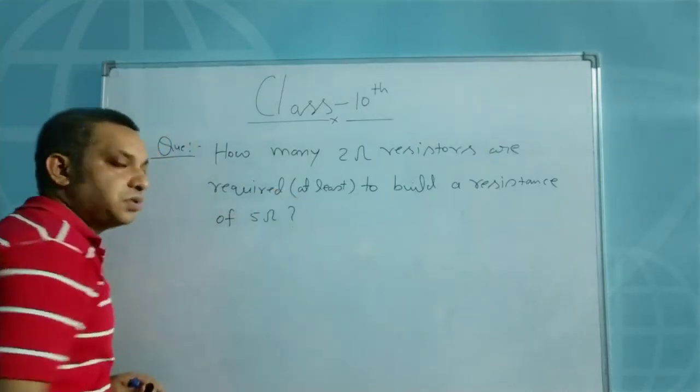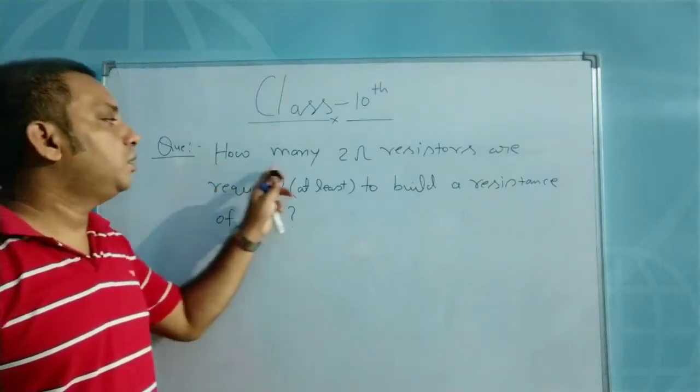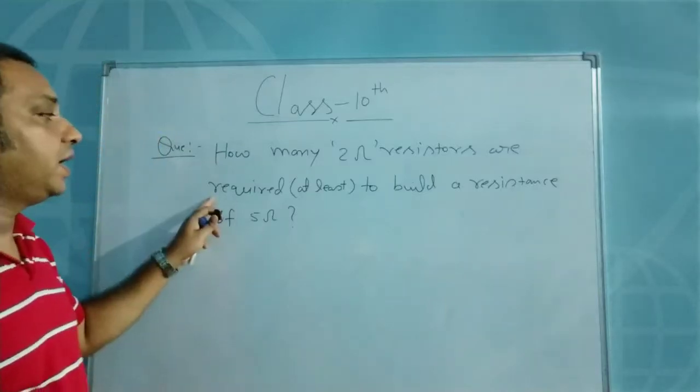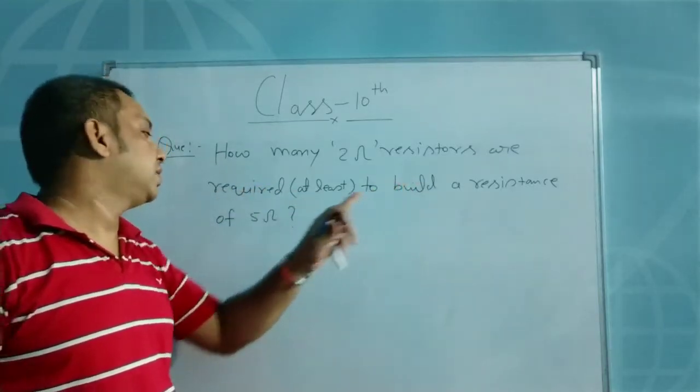Right? This is our question. What is our question? How many 2 ohm resistors are required at least to build a resistance of 5